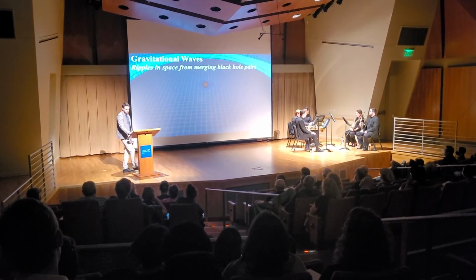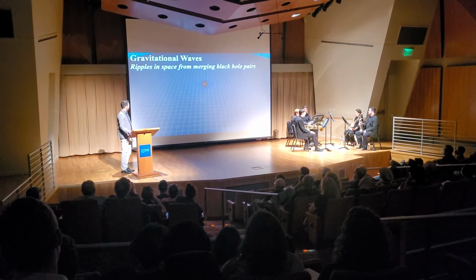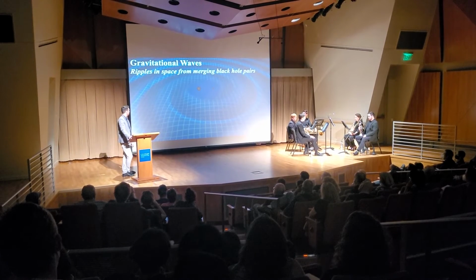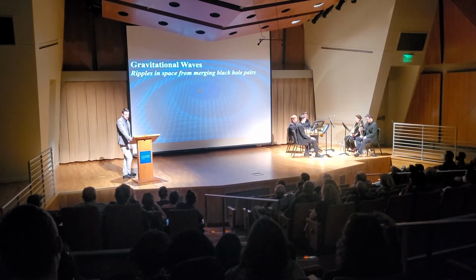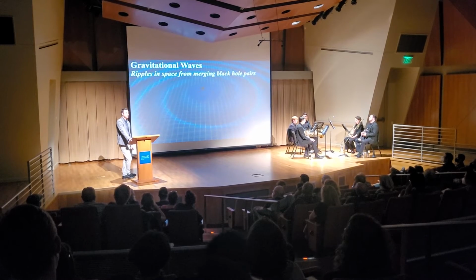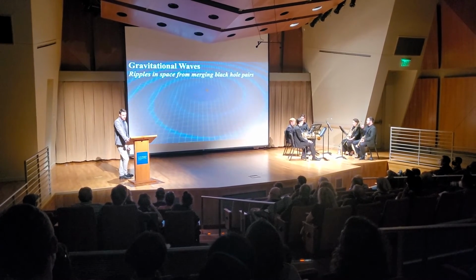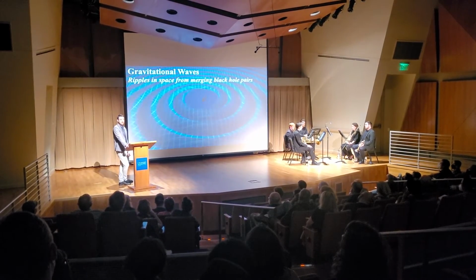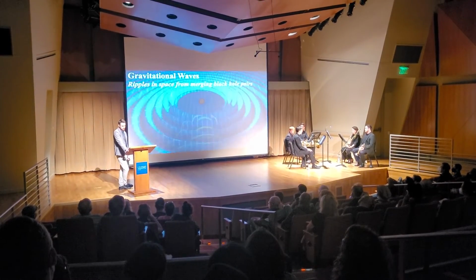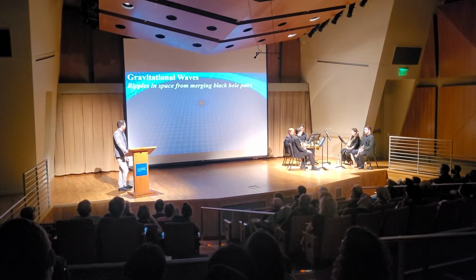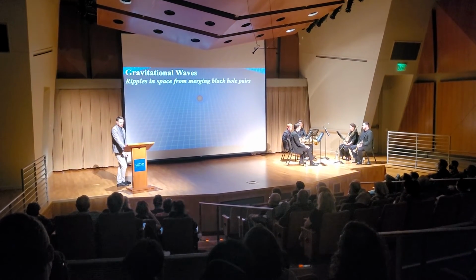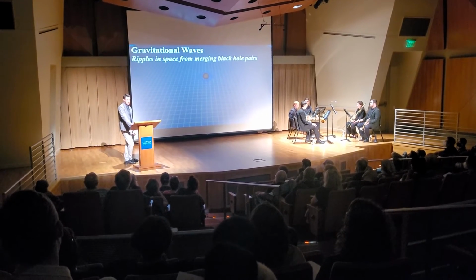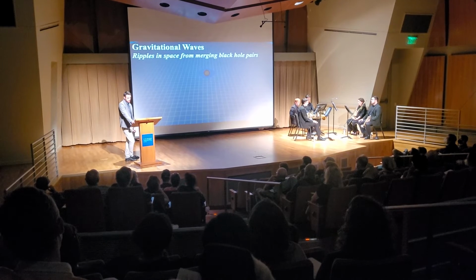So gravitational waves are ripples in the fabric of space itself caused by the extreme gravitational environments of black holes. Gravitational waves were first predicted by Albert Einstein almost 100 years ago, and nearly 100 years to the day that Einstein predicted their existence, we detected gravitational waves for the first time in 2015. So detecting black holes through the emission of gravitational waves is one of the newest and most exciting areas of physics, and is completely changing the way that we observe the universe.